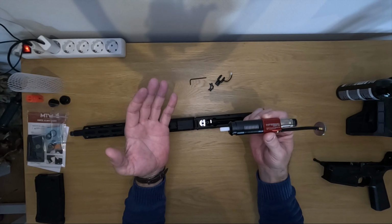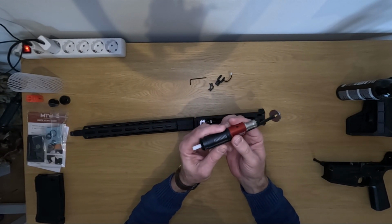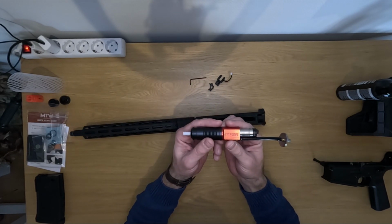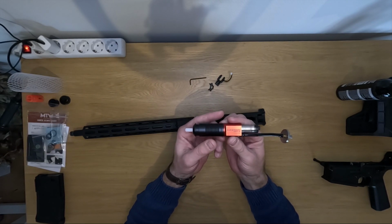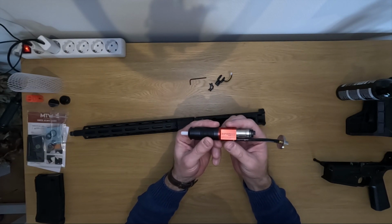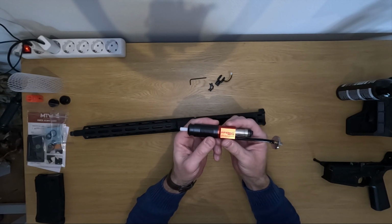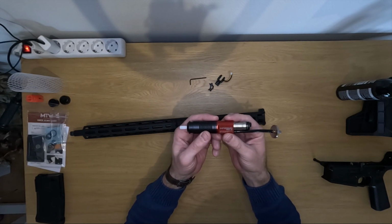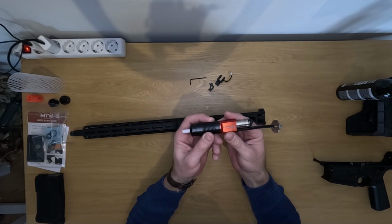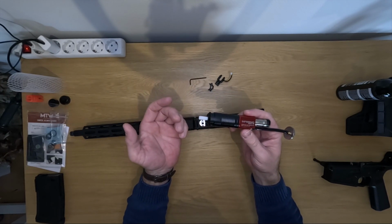But as I've read, it seems like this problem only occurs when putting out over 2 joules with BBs over 0.4 grams. And fortunately or unfortunately, here in the Netherlands, at the field there's a joule limit on DMRs of 1.7 joules, and the maximum weight for BBs is 0.4 grams. So I hope that this will still give me a consistent output, and if not, maybe I have to